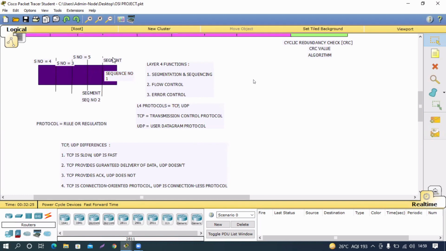So you can see this is one segment, this is another segment, and these small pieces are given sequence numbers, like sequence number 1, 2, 3, 4, like that. All the sequence numbers are used by the receiver device to reassemble this particular information,